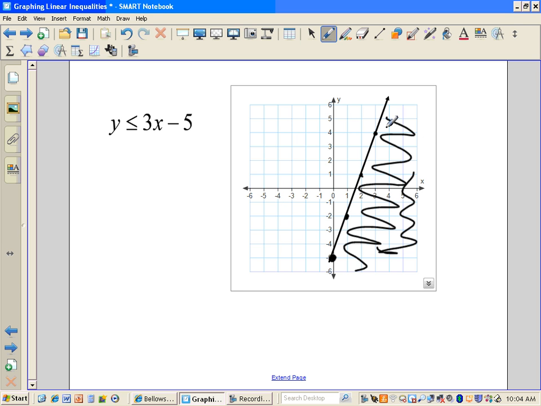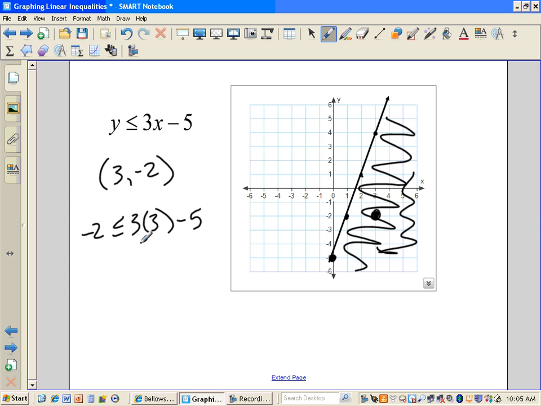Part of the reason that we do the shading is that any value in here will make this expression true. So any value of y listed here will be less than what the x value is. So if I pick this point, maybe I'll pick the point positive 3, negative 2. That's part of the solution. If I plug in the 3 for the x, so 3 times 3, subtract 5,